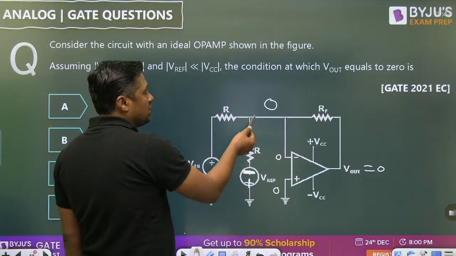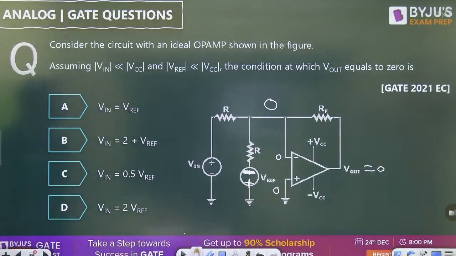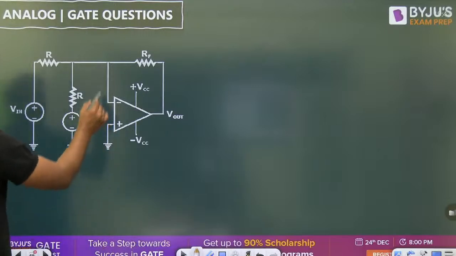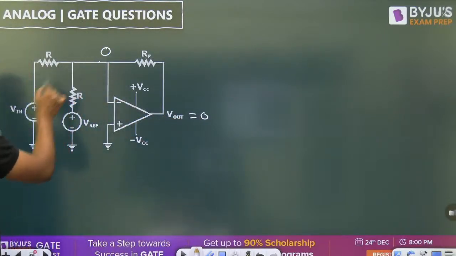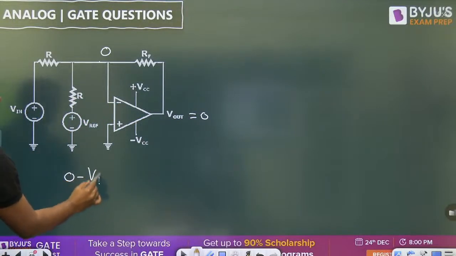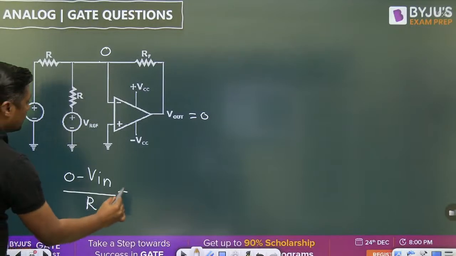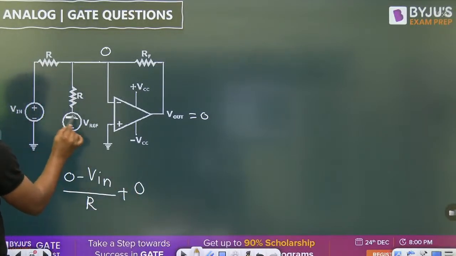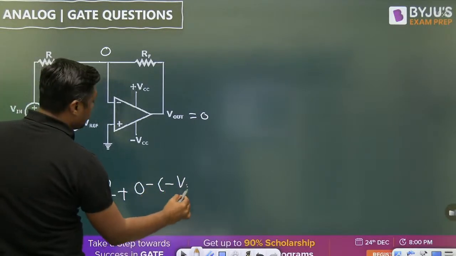Finished. Voltage at this point, and you will get the relation between V in and what? V reference. One mark question, so try to solve this question. This is 0. This is 0. Right, 0 minus V in, write down the KCL, upon R, plus 0, this is given as minus, this is plus, 0 minus of minus V reference